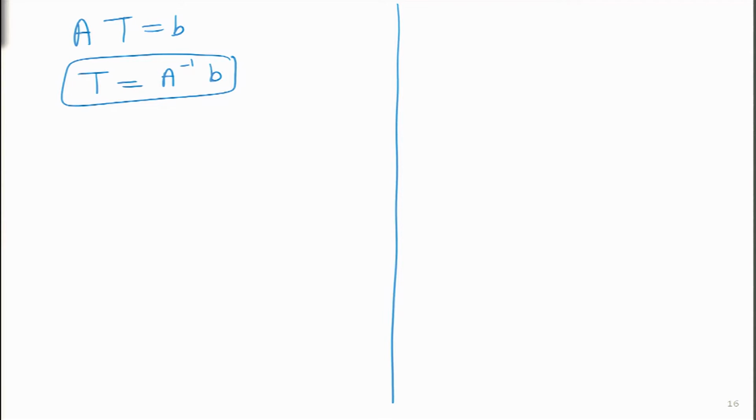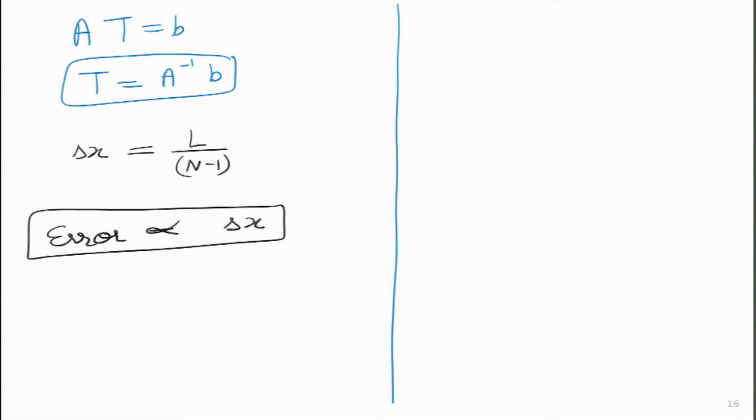So, the length of the wall, if it is fixed, we should try and divide it into maybe 50 or 100 or more nodes, and I will give the reason for that also, that delta x is given as, if you remember, L divided by n minus 1, and it so happens that error is actually proportional either to the linear power or to the square power, or it is directly related to delta x.